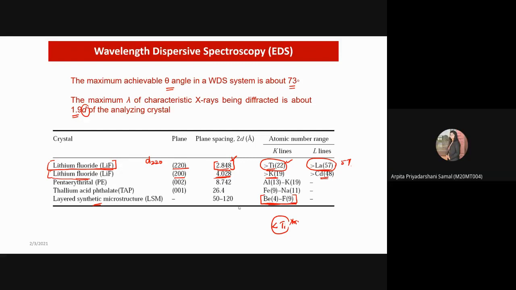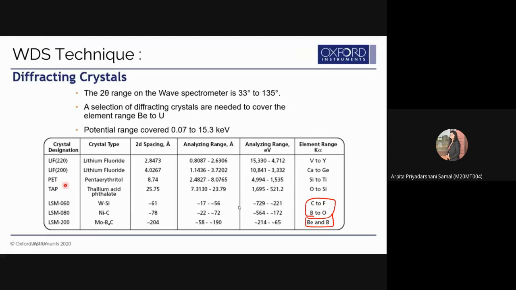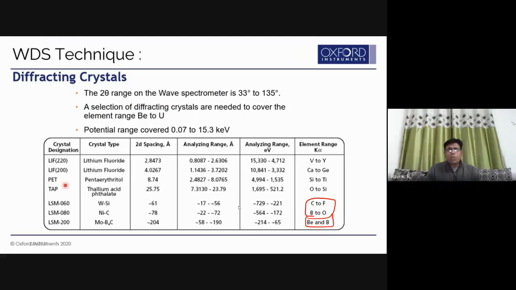Sir, you mentioned that low atomic number elements can currently be seen. How is that seen, because of the analyzer? No, because of the d-spacing. You look at the d-spacings, these d-spacings are very high. That is the reason these analyzers are going to work. If you look at the d-spacing, you see it's pretty high. Okay, sir. Yes. That is the reason you start working with lower atomic number elements.